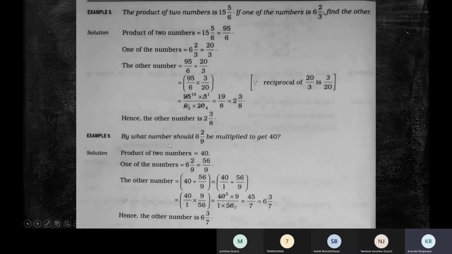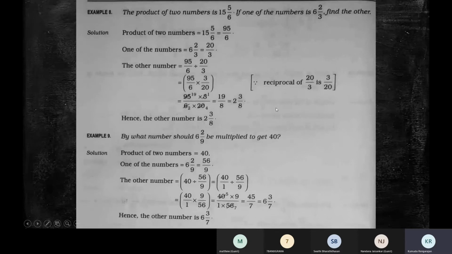These steps we don't have now. We only have the question: By what number should 5 be multiplied to get 40? So we have only these two numbers, 5 and 40, in the question. Now you all said the answer is 8. 5 should be multiplied by 8 to get 40. And you're all right.